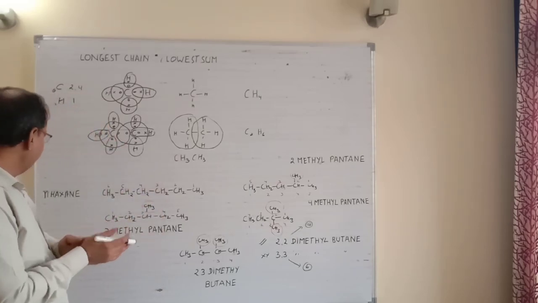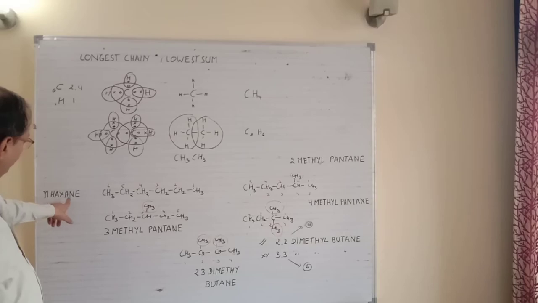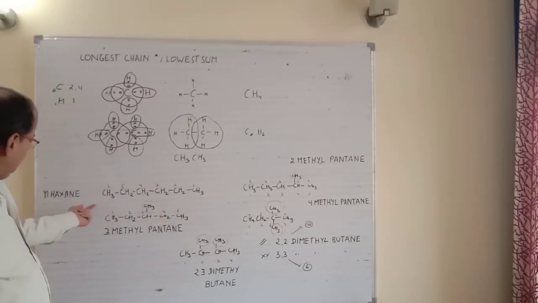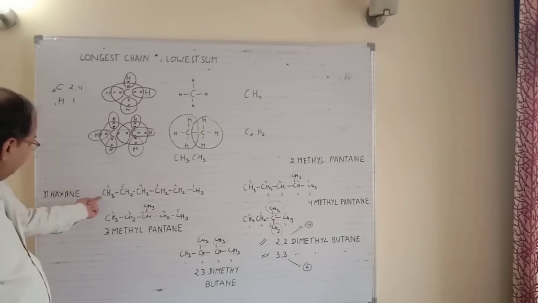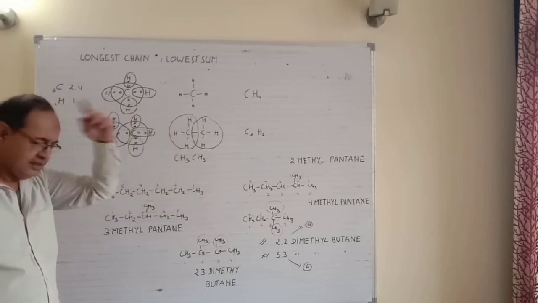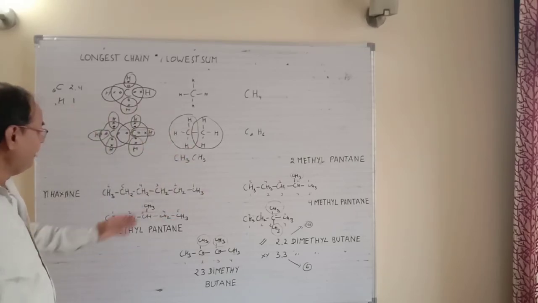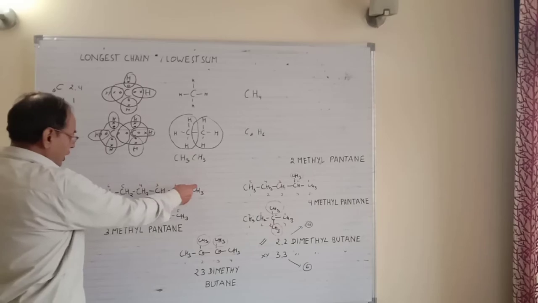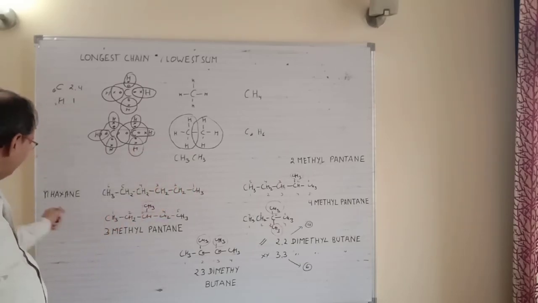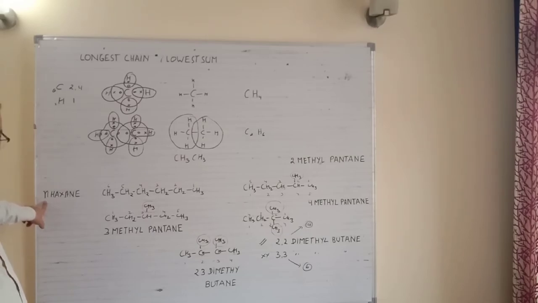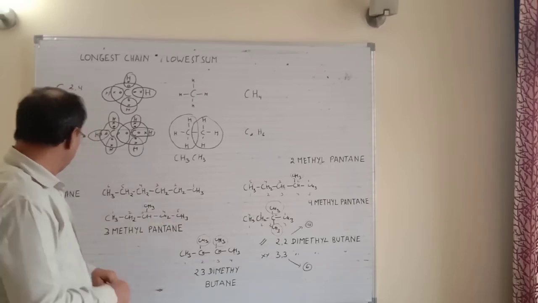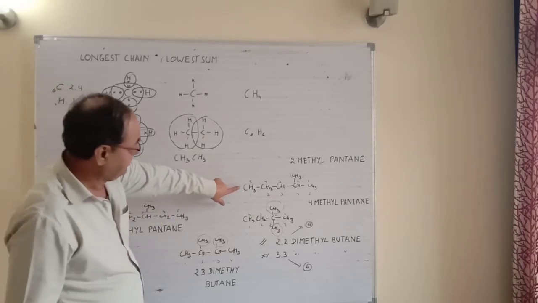So with the carbon we can make it. Now I am taking the example of hexane. When we write a structural formula, I prefer to write the structural formula. So hexane has a structural formula like CH3, CH2, CH2, CH2, CH2 and CH3 at the end. Now we will give the numbering: 1, 2, 3, 4, 5, 6, hexane. So when there is no branching, it is called n-hexane, represented by a small n.